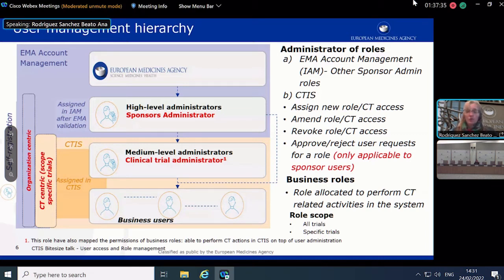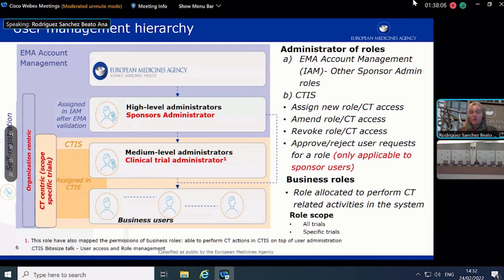If you go through the organization-centric approach, that means that you need to register the high-level administrator in the system. And here, this presentation of today is very focused on the sponsor group of users, because as you know, in the legislation, there is another group of users that is the applicant of marketing authorization that are obliged also to submit the clinical study report that are part of marketing authorization.